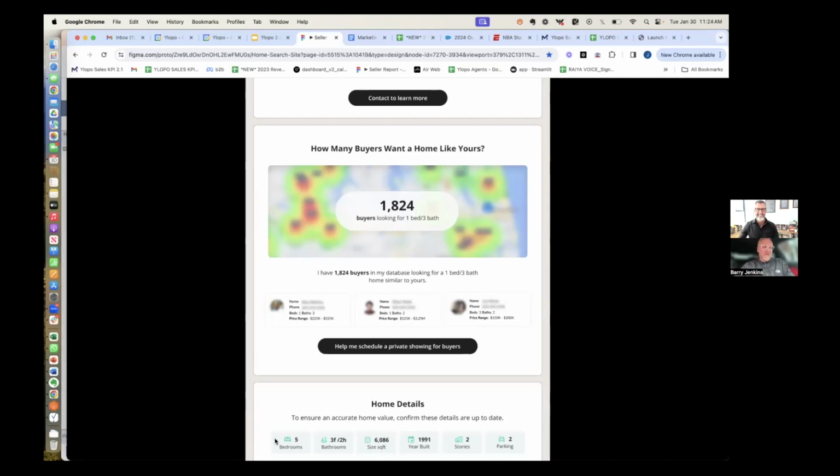And to dovetail what G said, we've now tied AI texting and soon to be AI voice to those actions. So when they click, oh yeah, man, I want to see more about those buyers. Imagine your AI assistant calling and texting, trying to set an appointment for you. It's mind-numbingly amazing. And somebody just asked G, what's the difference between this and